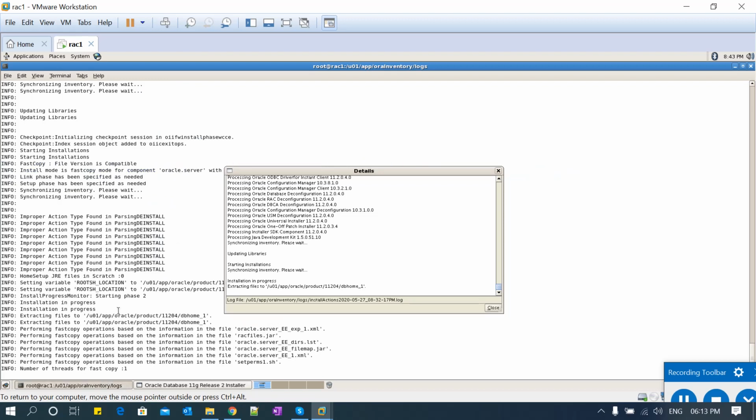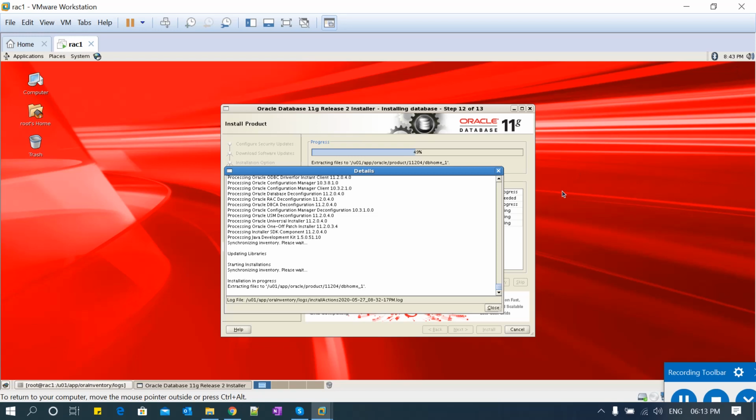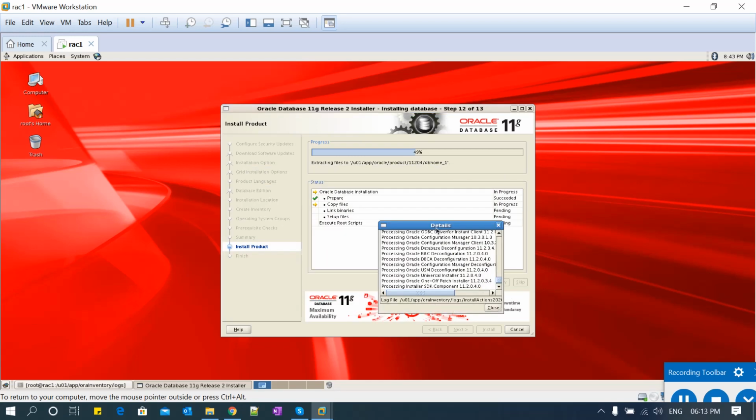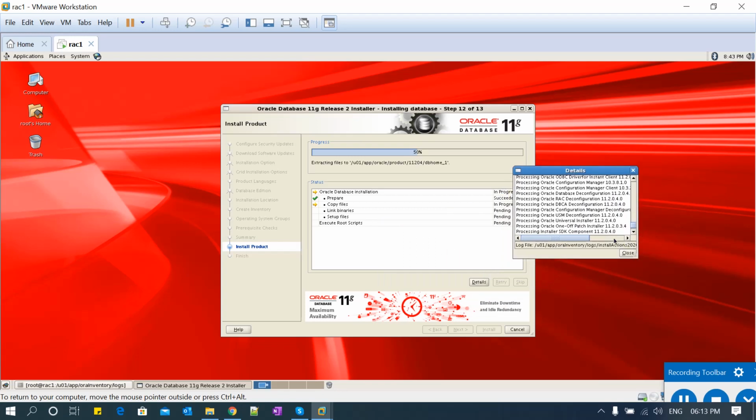You can see, in the GUI screen you see only this much, that the installation is in progress, but in the log file you see what exactly is happening in the backend. There is a lot more information in the log file. So if your installation fails or errors out or has warnings, you should always refer to this log file and troubleshoot what happened and what went wrong. Just close this for a moment. Or else you can keep it aside and monitor both.